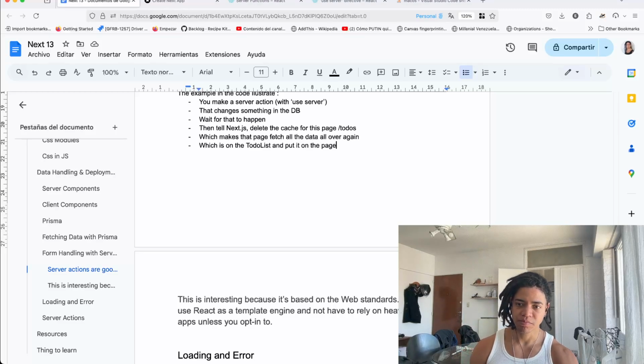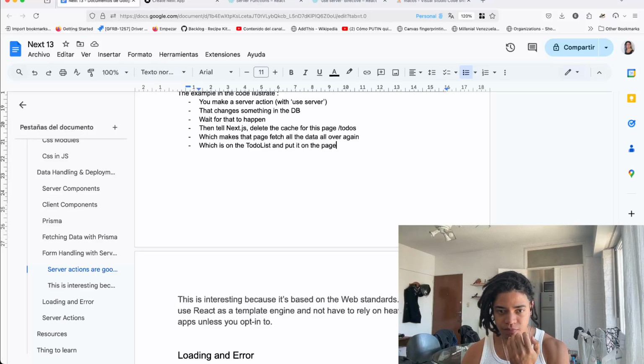Loading and error handling is actually pretty cool. I know a while ago, has anyone ever heard of React Suspense? All right, never heard of React Suspense. So React Suspense basically allows you